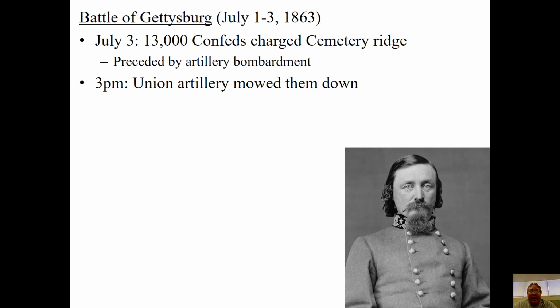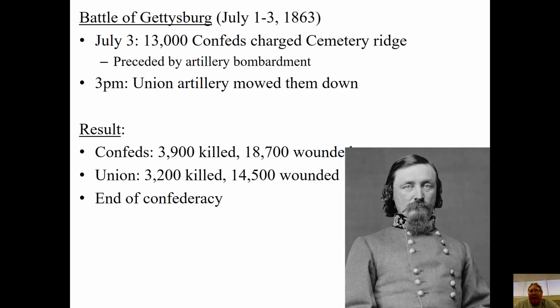He has to surrender, and this Confederate victory evaporates, right? It never really was going to happen anyways. There just weren't enough Confederate troops left to pull this off. In the end, this becomes a massive Union victory. The numbers are staggering here, right? Over 3 days, more than about 35,000 men are killed, wounded, missing, or captured on each side, right? About 4,000 Confederates are killed, about 3,000 Union soldiers are killed. And when you stop and think about that, the North is the one that can afford these losses.